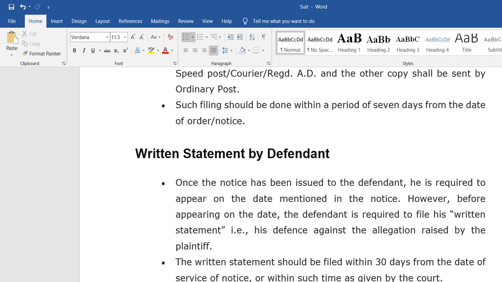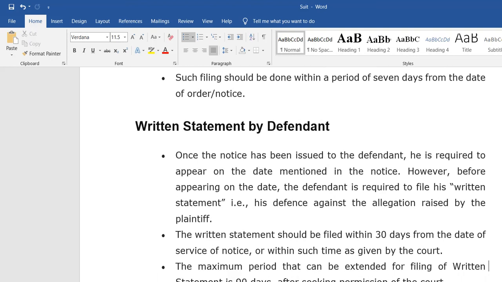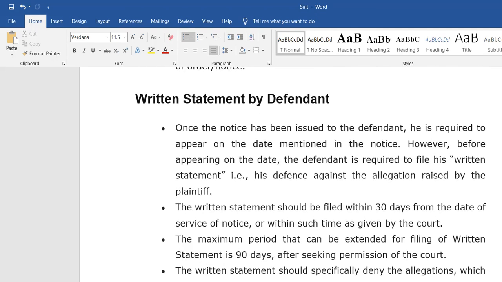So once you get the notification from the plaintiff through court, he has to file the written statement, that is his defense against the allegations raised by the plaintiff. Suppose the plaintiff has raised some allegations against the defendant, he has to write the written statement. The written statement should be filed within 30 days from the date of service of notice or within such time as given by the court.